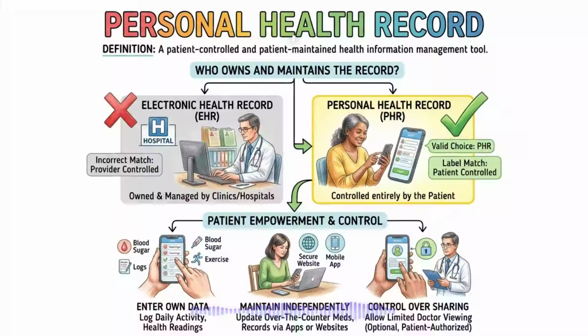You should also understand the concept of a personal health record, or PHR. Unlike an electronic health record, which is owned and managed by the hospital or doctor, a personal health record is controlled and maintained entirely by the patient. The patient can manually enter their own blood sugar readings, exercise habits, or over-the-counter medications into a mobile app or secure website,